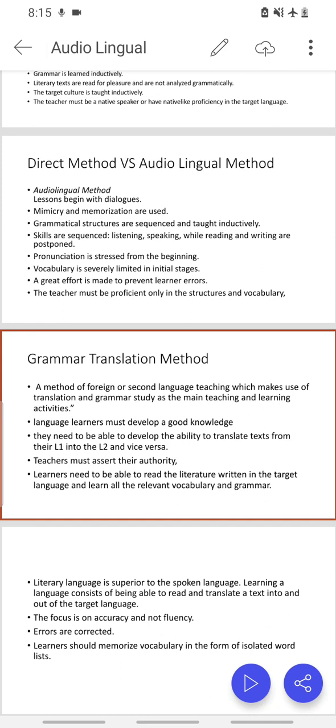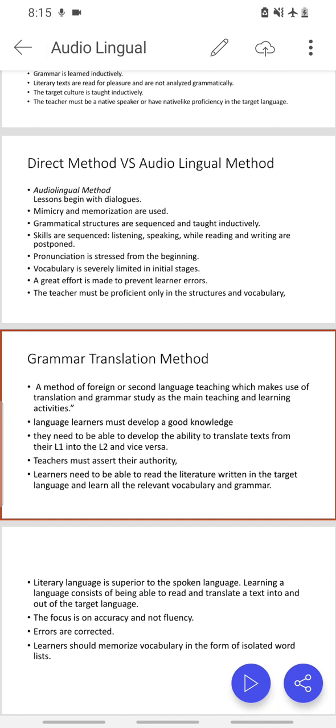Otherwise, even if we have not applied the grammar translation method in the Pakistani context, if we apply GTM exactly as it is, then even then it can give us some results. But the situation in our area is very critical.